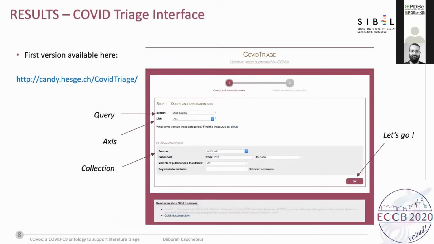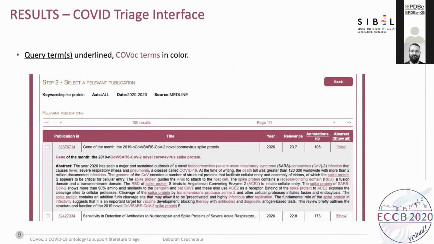This is the COVID triage interface. You can write your query, choose an axis in reference to the re-ranking strategy presented just before, select the collection you want to screen, and so on. Just an example here to show you the results interface.